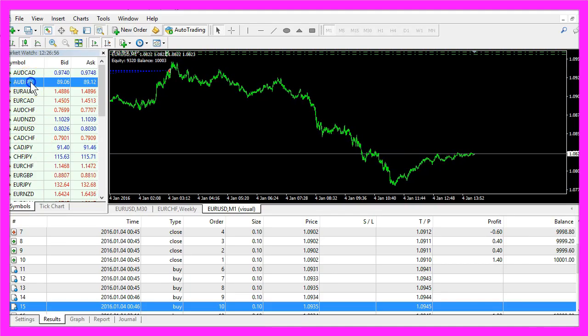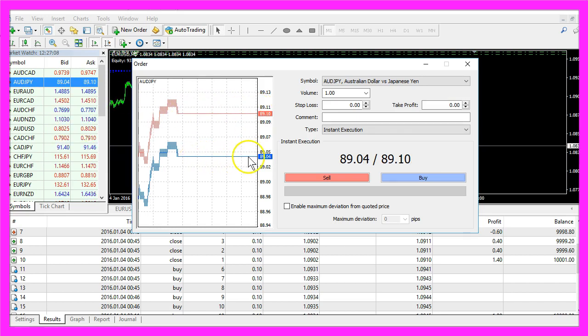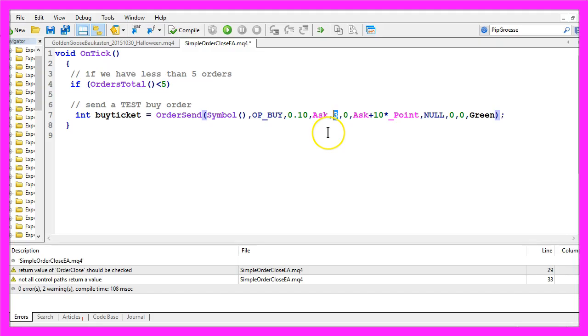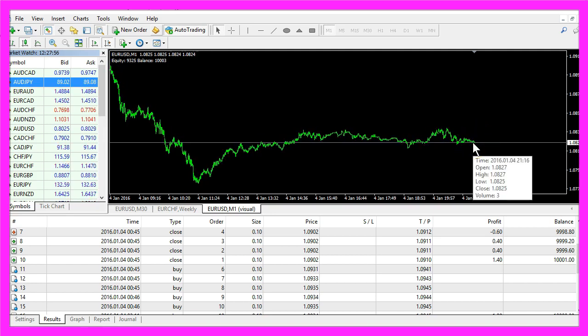The ask price is what you see when you click on one of the currency pairs. The red line here is the ask price. The blue line here is the bid price. And if we buy something, we have to pay the ask price. And when we sell it, we will get the bid price. We only want our order to be valid if it is executed before the price has moved more than 3 pips. Each time the price moves here, this is at least 1 pip.